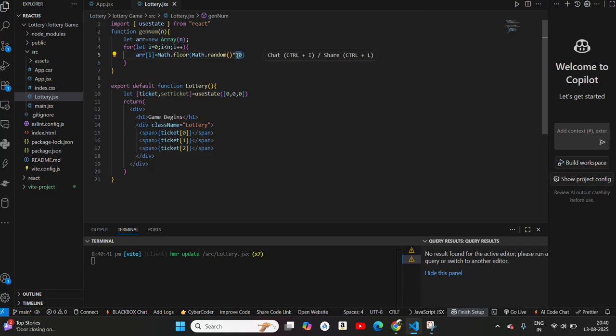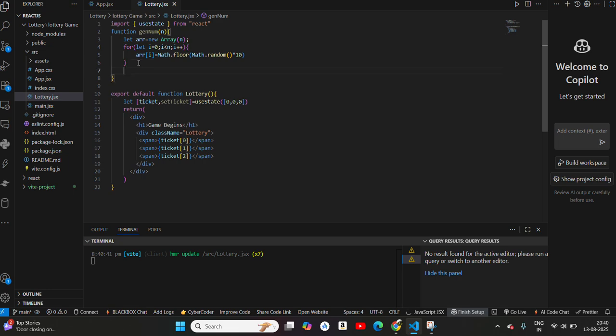We are giving 10 here as the set is from 0 to 9, so it will generate a random number from 0 to 9. After this we call the array,